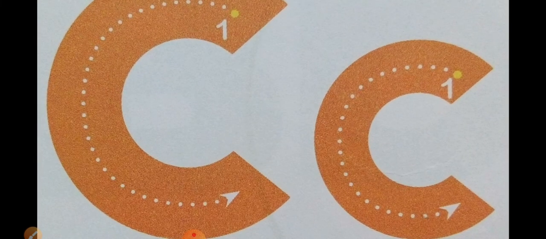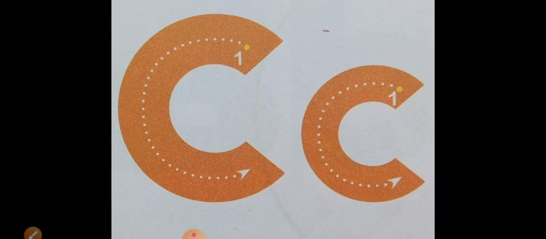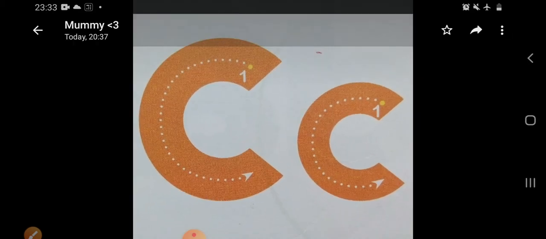So children, after doing the practice of letter I, we will trace the letters. Yes, you just do the practice by tracing the letter with the help of your fingers. And those children who have not done the work, they can also join these dots and make a different letter. So which letter is this? This is C, K. Capital C and small c. This is C, K, cap. Yes, C, K, cup. Okay.